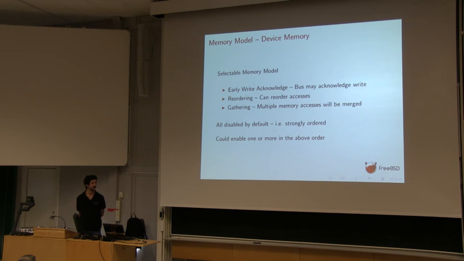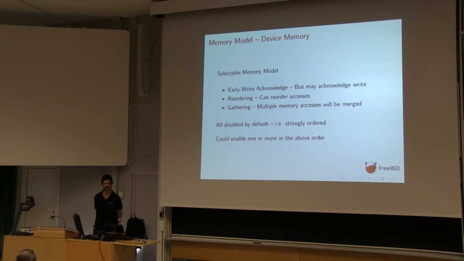If you were writing to the same register twice, could it just say, well, just do the second write? Somehow we may support this. I don't think there's any way in FreeBSD of a device driver telling the kernel that it would support any of these. So if anyone has any ideas on how we could do this, I'd like to be able to